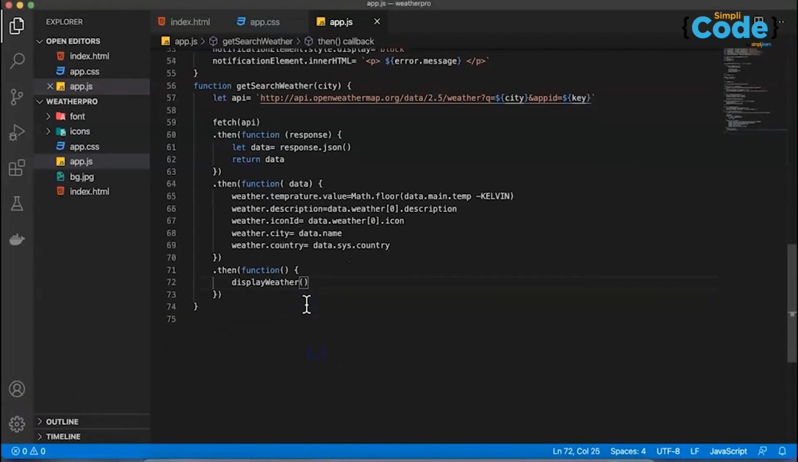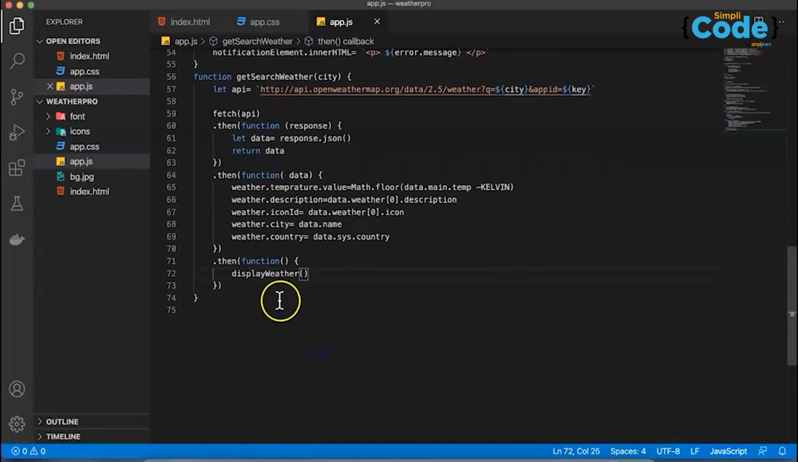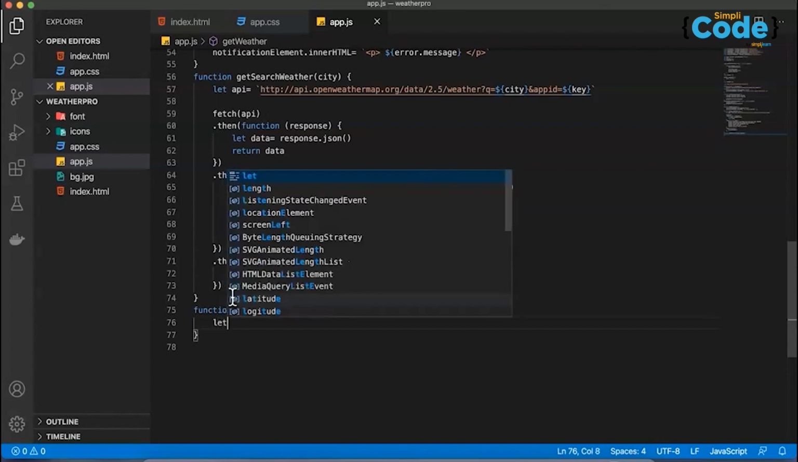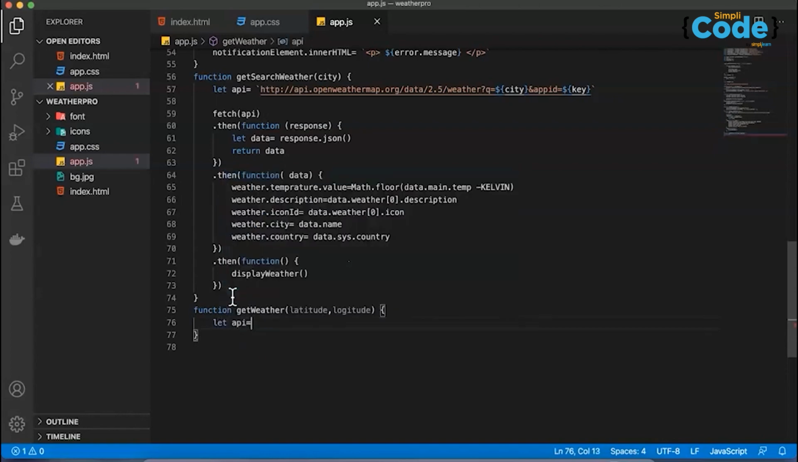Okay, so here we have kept this get search weather, and now I'll be calling one more function after this logic, and I'm giving the name function get weather. It takes two parameters. One is latitude, and the second is longitude. Here I'm using the property let API equal to, and once again if you remember, I have used this statement. I'll just copy the same and pass it here,